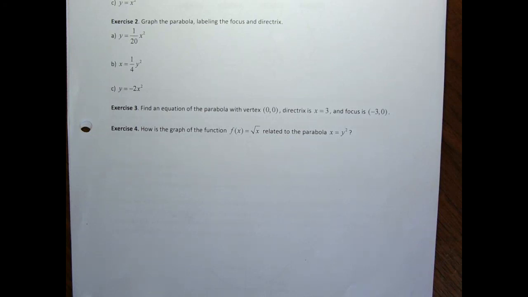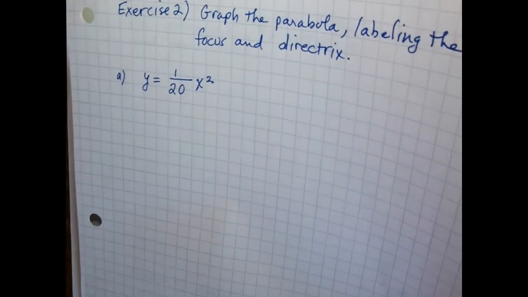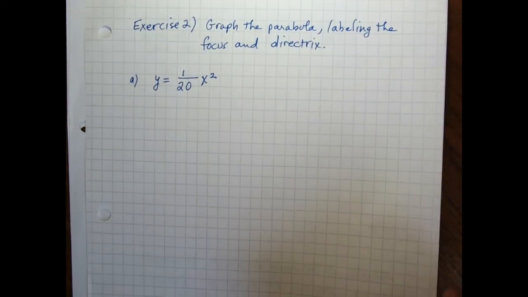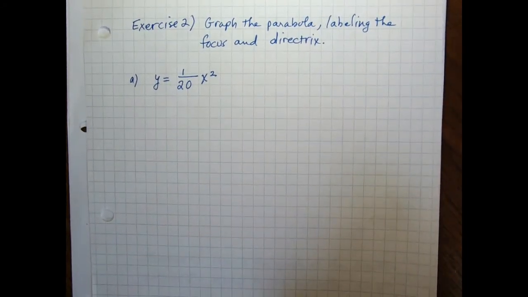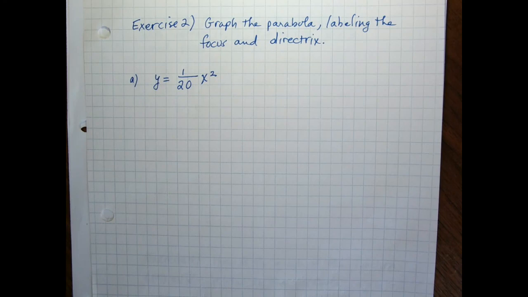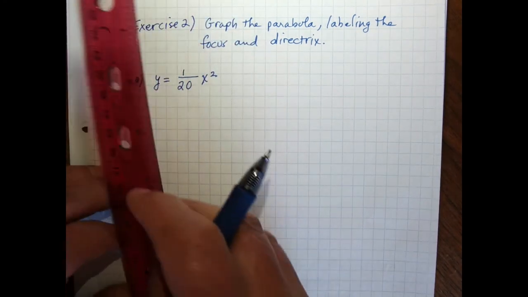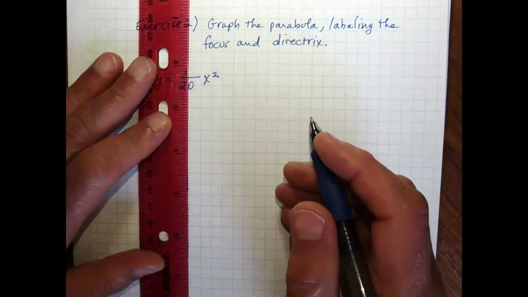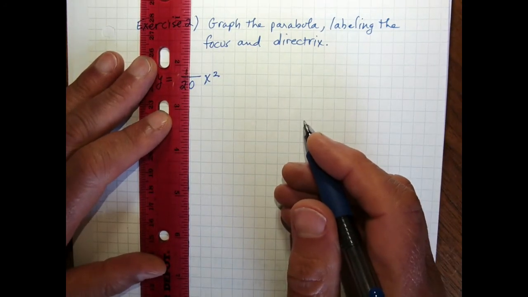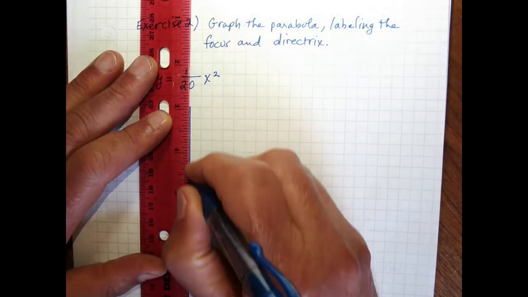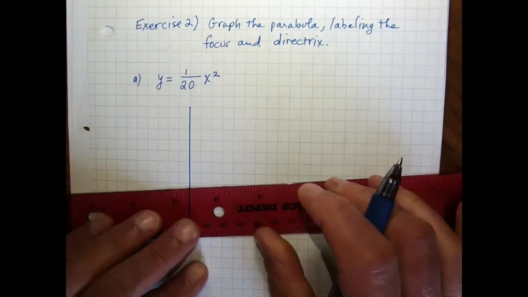We're going to continue with the exercises on parabolas. We're on exercise 2 from the handout on parabolas. And in exercise 2, we're going to graph some parabolas, labeling the focus and directrix. Now, actually graphing the parabolas should be pretty easy for you guys, because we're very familiar with these